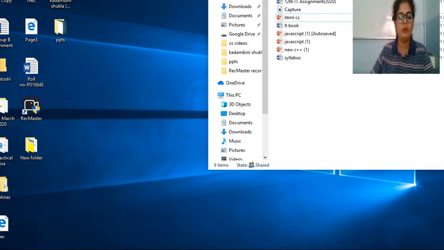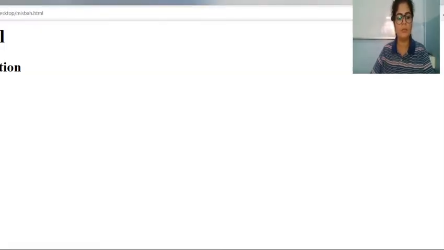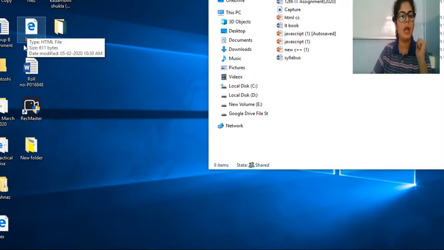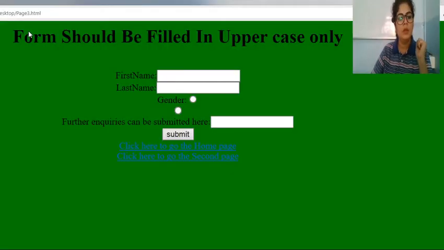So you have to double click on it. When you double click on it, it will display the output as a web page by using the browser. So here students have created a form by using HTML. It will show you output in this way.